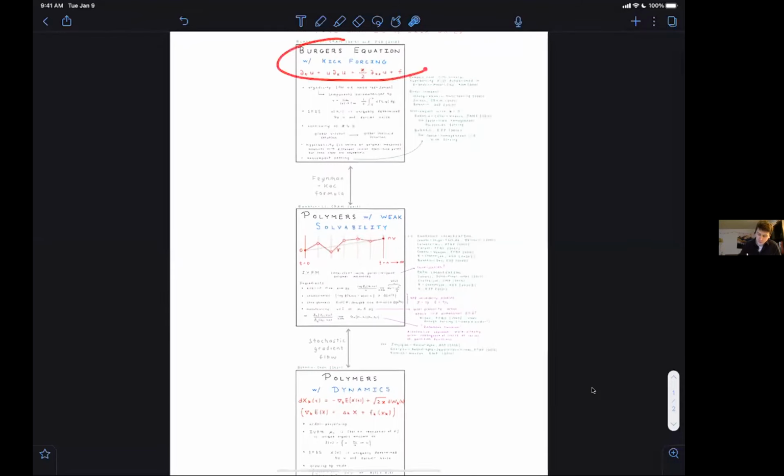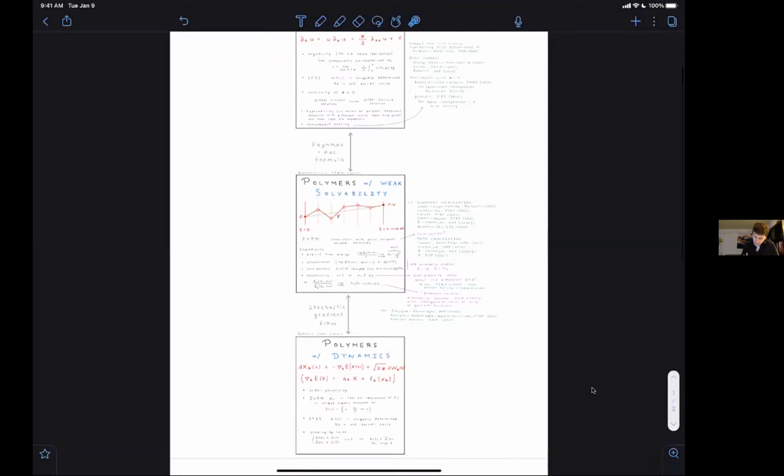So there's a Burgers equation that was the original motivation that Yuri laid out for us. Then there's the static polymer case. This was the construction with Li and Li. And then there's the topic that Yuri focused mostly on today, which is the dynamic polymer perspective. And I'll try to zoom in on each one of these pictures.